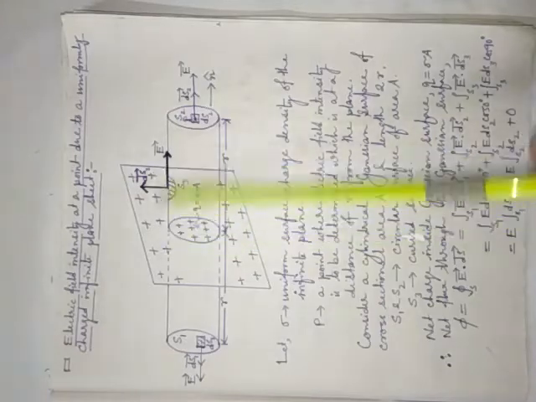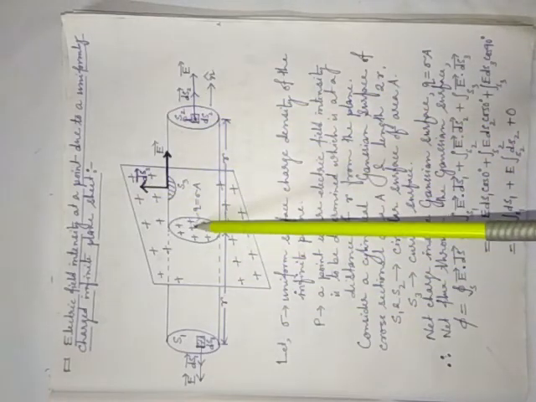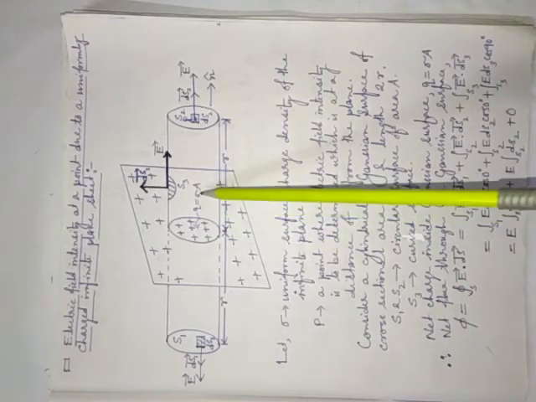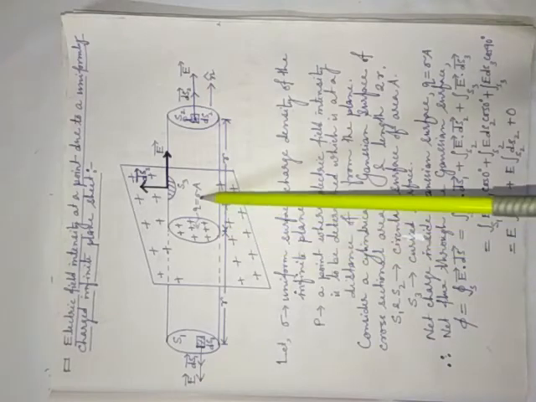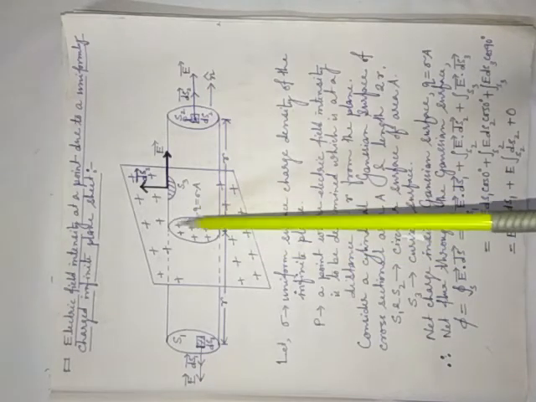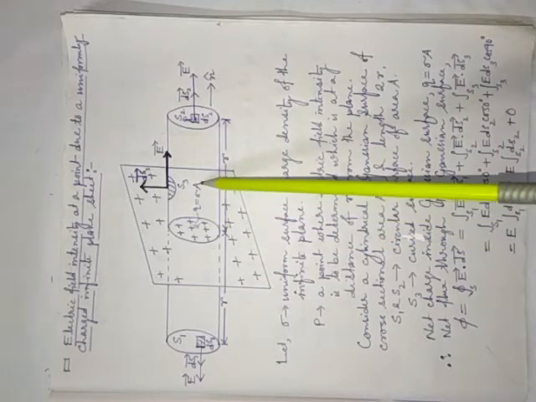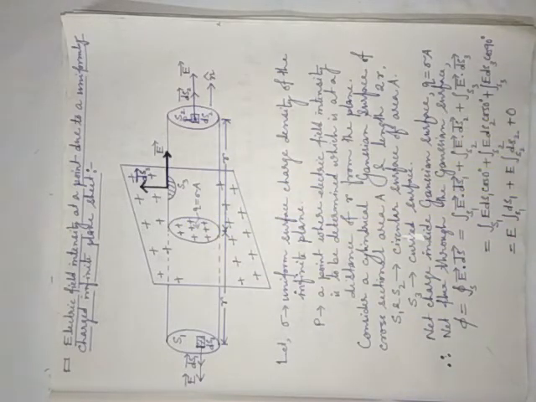These are not the total charge inside the Gaussian surface, only this circular portion. And what is the net charge? Q is equal to sigma into A. Why sigma? Because sigma is the uniform surface charge density, meaning charge per unit area. If per unit area charge is sigma, then total area is what? Total area of this portion is A. That is why you have to multiply, according to the unitary method. Okay, this is the formula: Q is equal to sigma A.